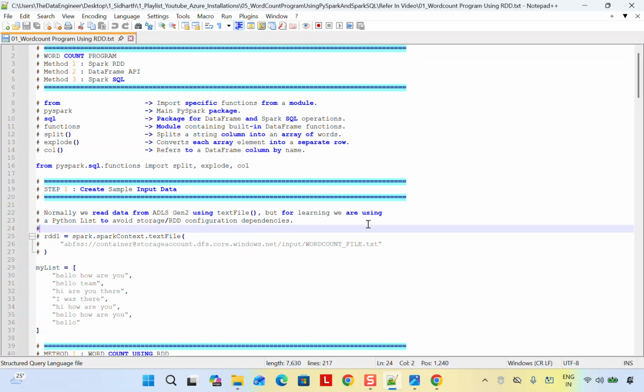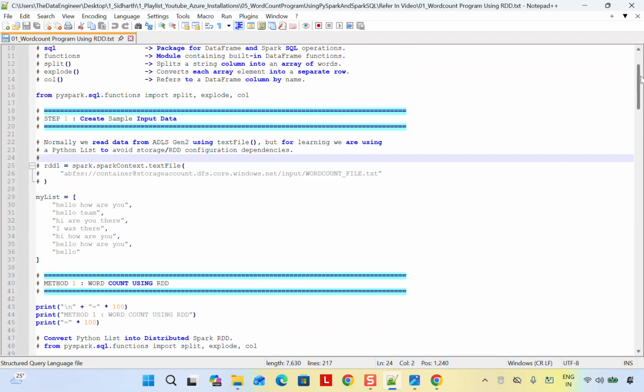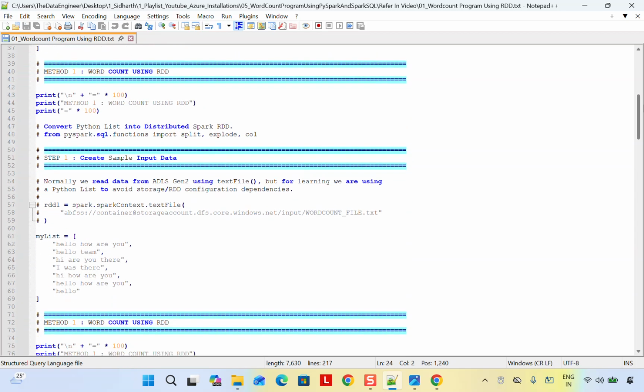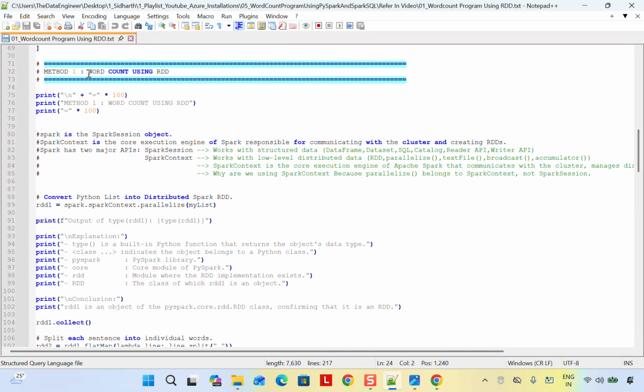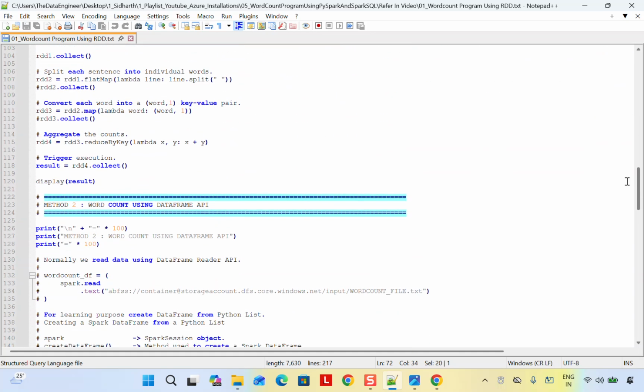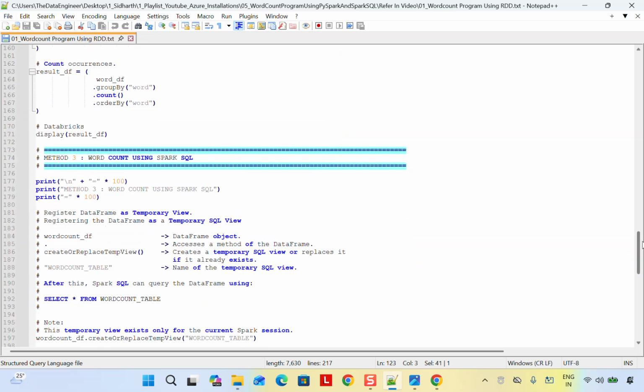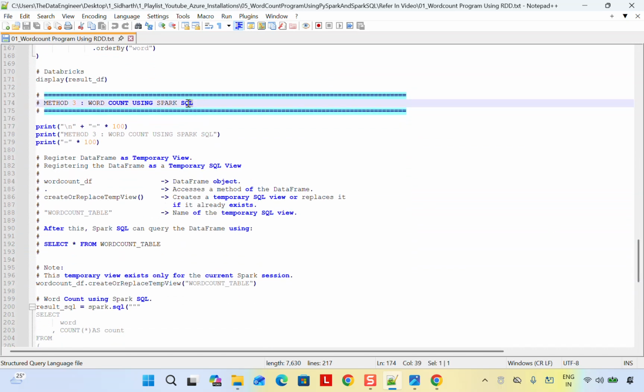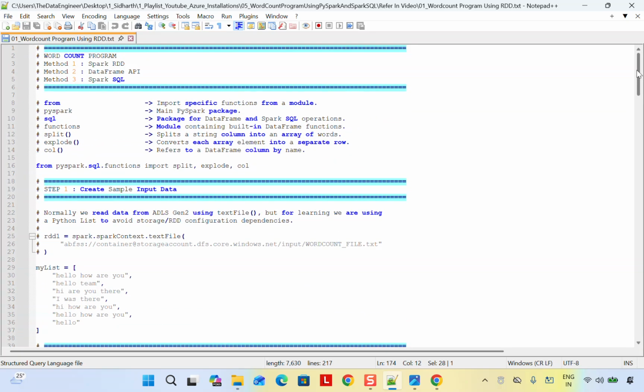So now, if you see, here is the program that I have written to do the word count. Whenever we are passing a few lines, we are just going to do the word count. Using the first approach, we are trying to go with RDD. The second approach, we are going to go with the DataFrame API, and the third one is going to be with PySpark SQL, right? So these three ways we will be doing the word count program, but the main thing that we'll be trying